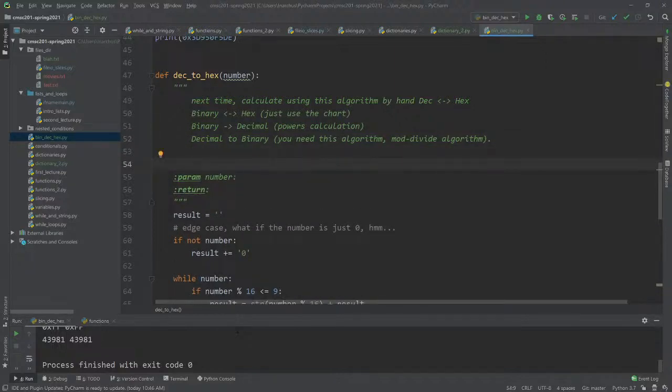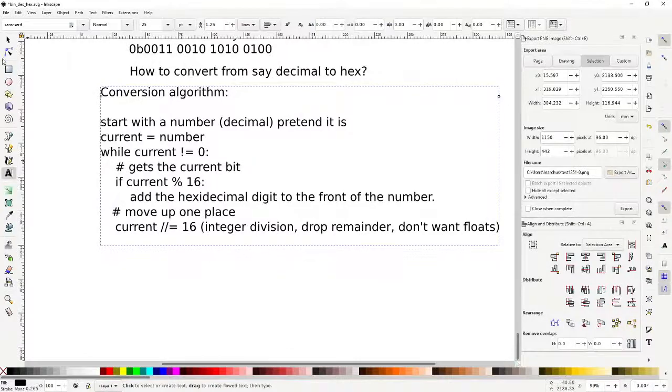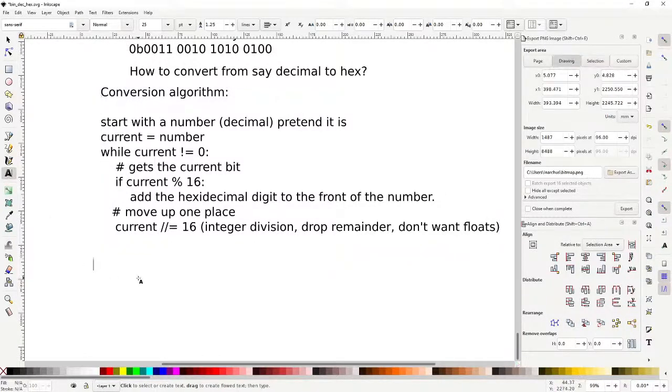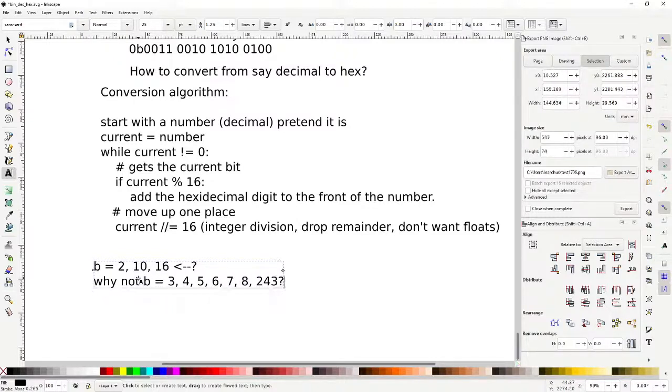Yep, so it's totally possible. The only thing to say to finish up this class is, why did we pick 2, 10, and 16? We picked base 2, 10, and 16, but why? Why didn't we pick all the other possible bases: 3, 4, 5, 6, 7, 8, 243? It's possible to have all these other bases. Why not? And the answer is basically that